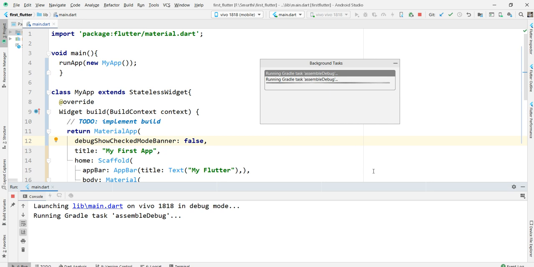After this, now we can reduce the braces above and all. We will also see how to reduce that code. Wait, once it is run, we can see whether the debug banner is there or not. See here, it's running.